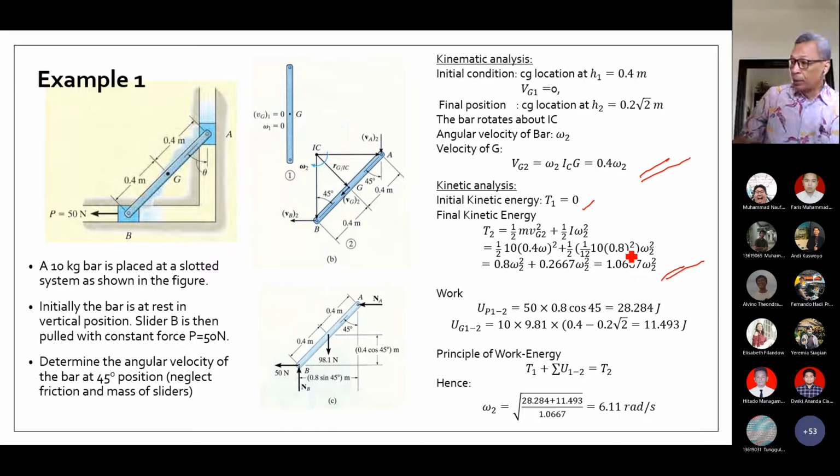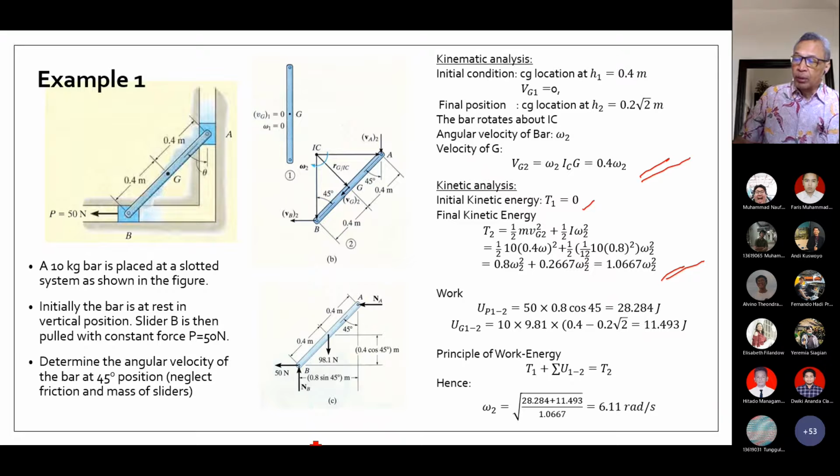So you see here that we put in this equation the work done by the external forces. Oh, sorry, there is another piece of information: NA, the reaction force from A, and the reaction force from the floor at B. But you see NA is in the horizontal direction, while the displacement of A is in the vertical direction. So the work done by NA is 0. Also, the work done by NB is 0. So the work done by external forces in the system is only by the weight and by the external force E.